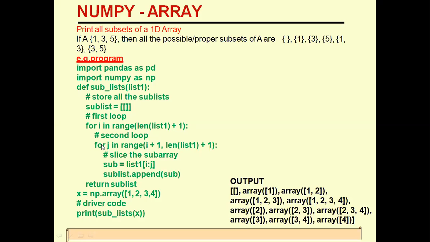And for the second loop I am using for j in range. j is a counter variable, in is a membership operator here, range is a function. i plus 1 means it will repeat that number of times. How many elements are in here? It will repeat that number of times, len list1. It will again take the length of the